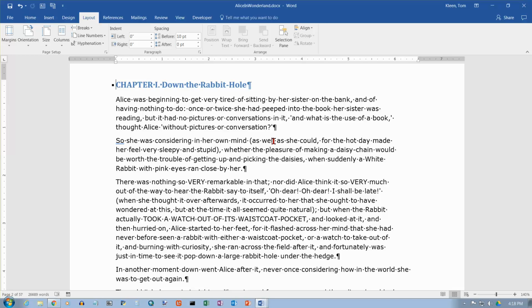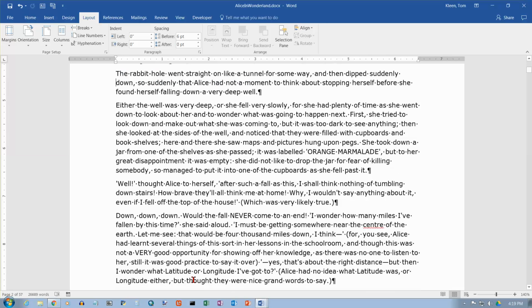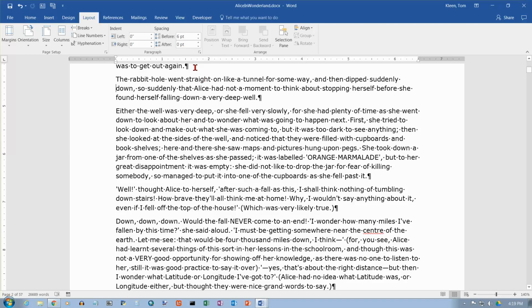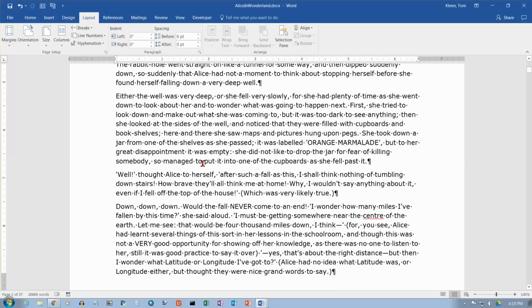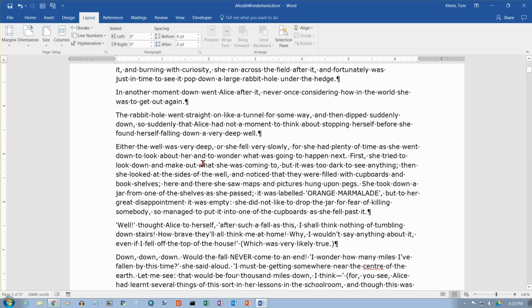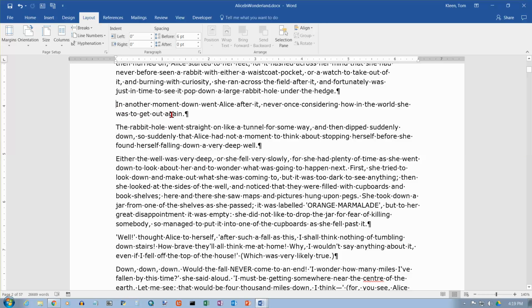We also have page down. I'm going to hit the page down key once, and then I'm going to scroll up just a little bit here, and you see page down doesn't actually move you a page in your document as far as what your printed document pages would look like. What it does is it moves you down one screen at a time, so you can quickly scroll through your document,